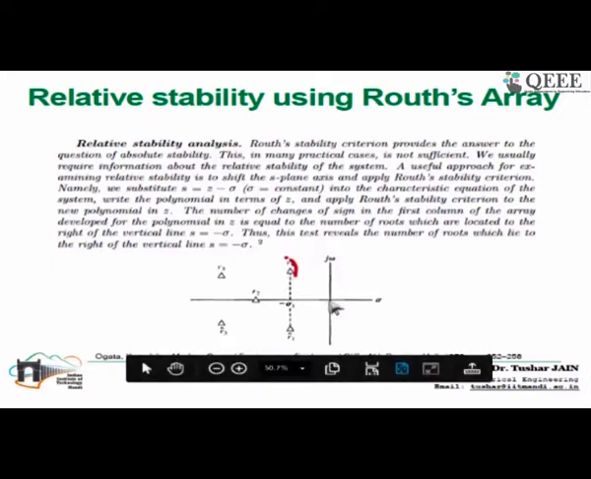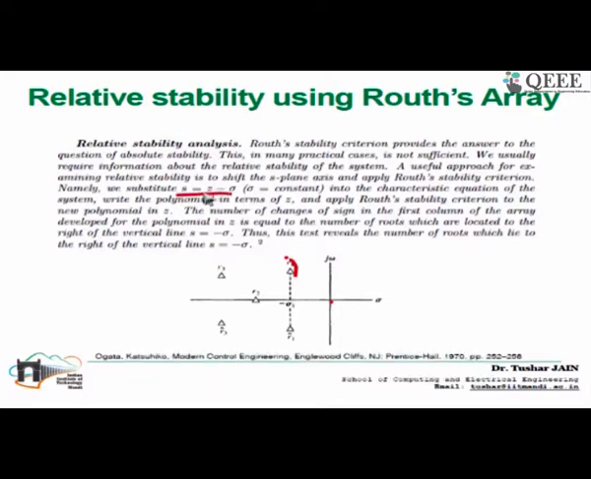So what do you do? You shift the axis from this to this by doing this. This change of variable, what do you say? S is equal to Z minus sigma, basically this axis. So you shift the axis only, okay? You shift the axis with respect to that pole. So now your new polynomial would be in terms of,